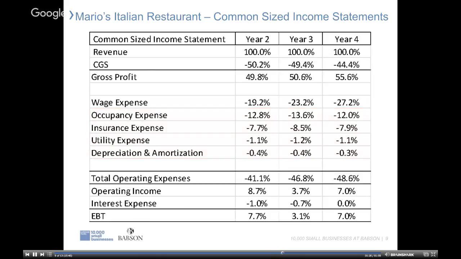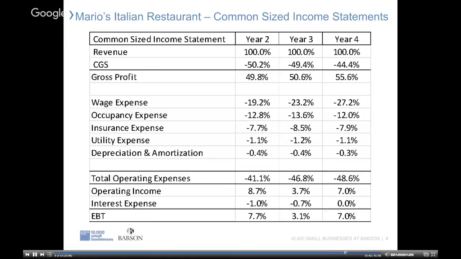Finally, we can see that Maria earned between 4 and 9 cents of operating profit for each dollar of revenue. This number is positive in each year, and it more than doubled from year 3 to year 4. Up to this point, we have assessed the performance of Mario's restaurant by comparing financial data and metrics over a